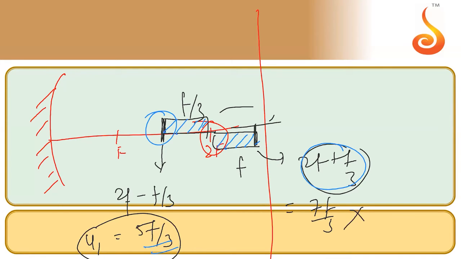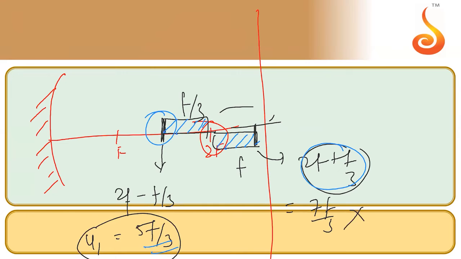Mr. Mitul and Avikal ji, what I am calling u1 for two different cases, is it understandable to you? One time when it is left, it is 2f minus f by 3. In the other case, it is 2f plus f by 3. Mitul ji, Avikal ji, have you understood what I am telling you? Mitul also, I think, raised a doubt about this. I'm just checking the possibilities, sir. I'm not doing anything more than that.